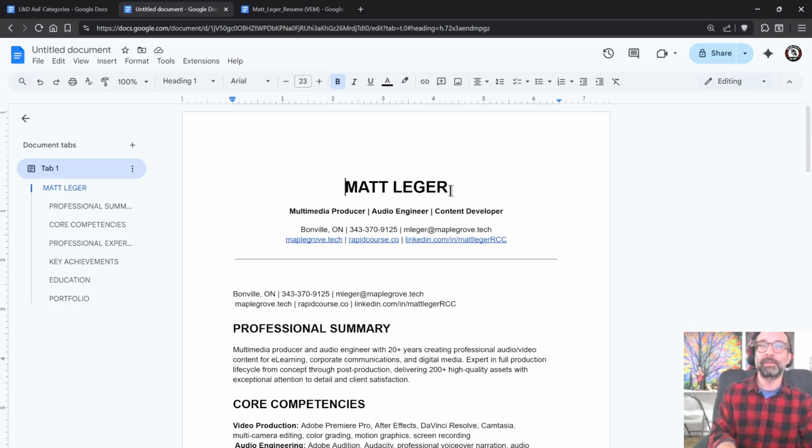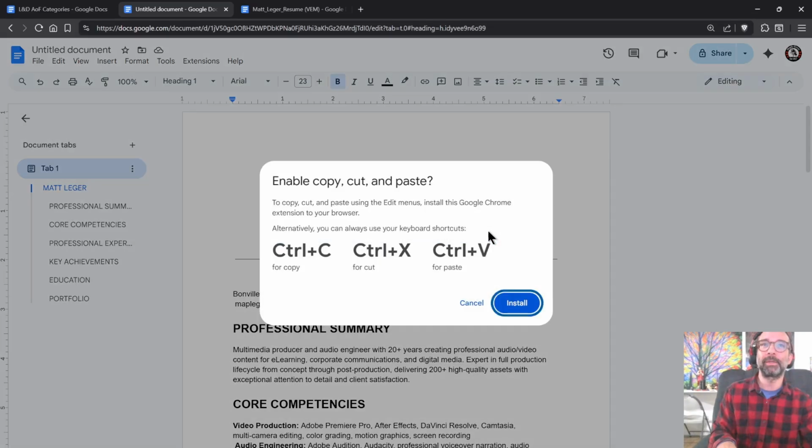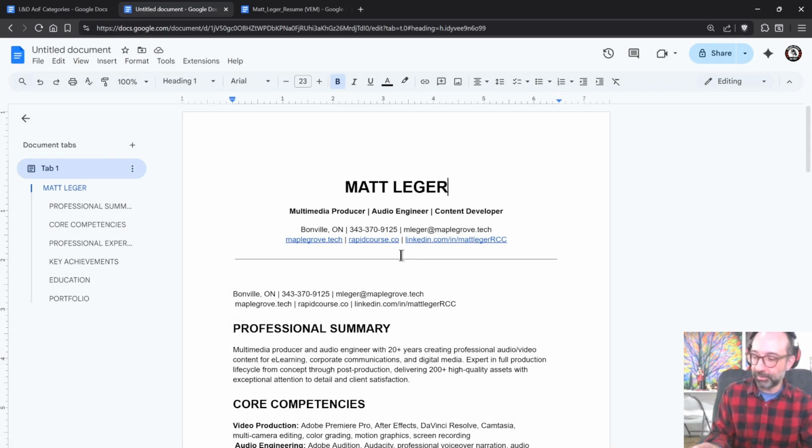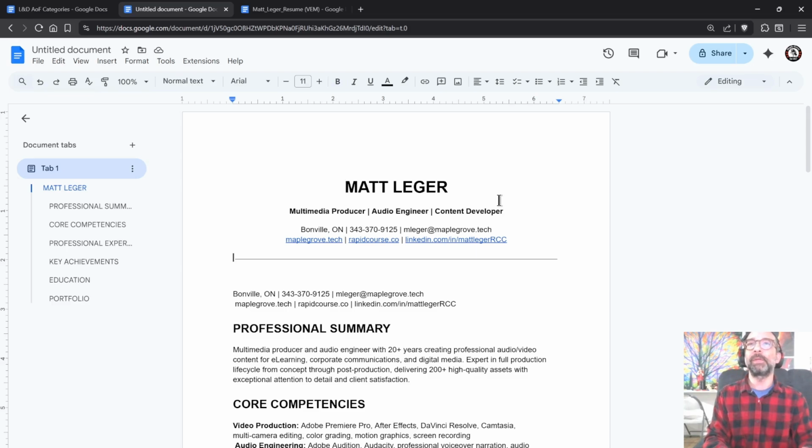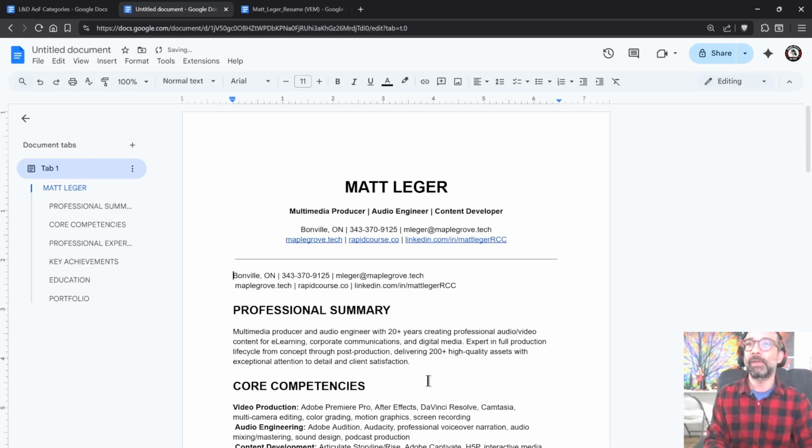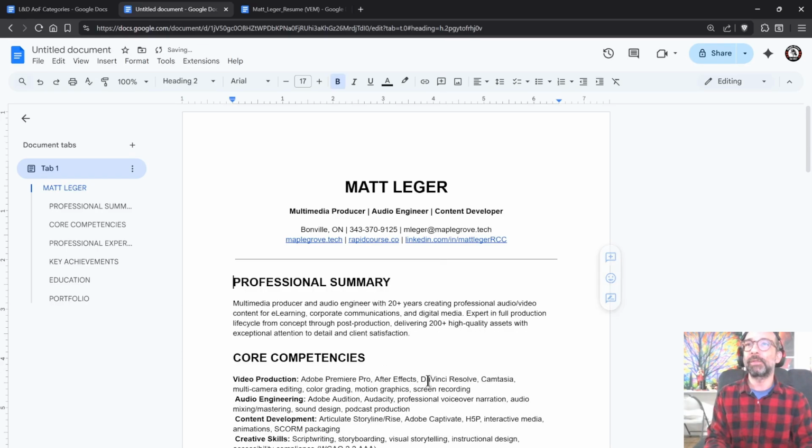And Google Docs has probably told you 1,000 times when you try to do it like this, it'll tell you. It doesn't tell you this though. It tells you Control C, Control V, Control X, but it doesn't tell you about the Control Shift V. I had to figure that one out on my own, but handy little tip. But that way, my links are preserved. The URL is still pointing to the right place. The line, I just had to copy and paste, and then I've got a divider line here if I need it, but I can delete it if I need more room. So got some options. Now I can just delete this.